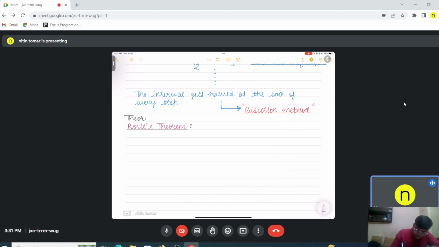The theorem goes by the name of Rolle's. It says, suppose that f on some closed and bounded interval is continuous,